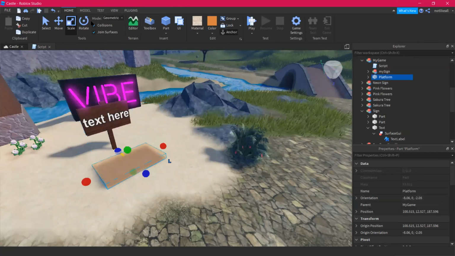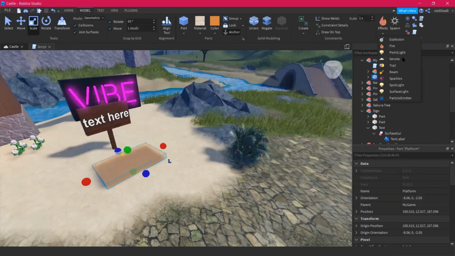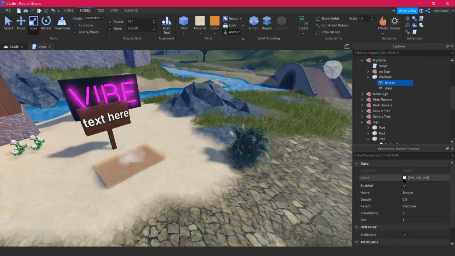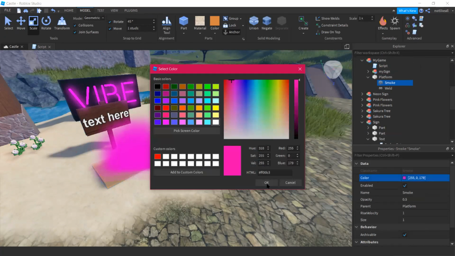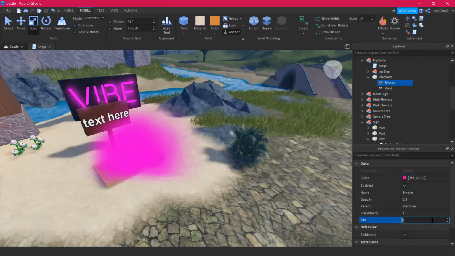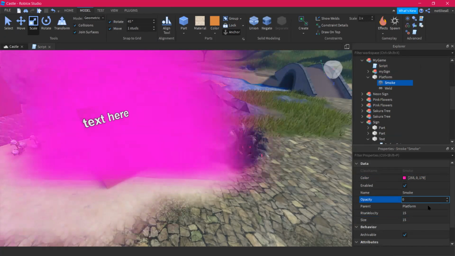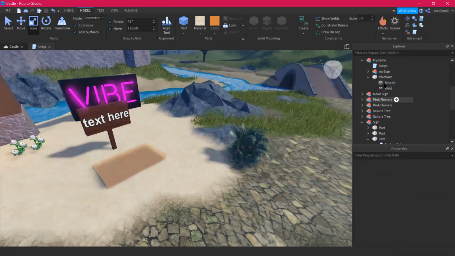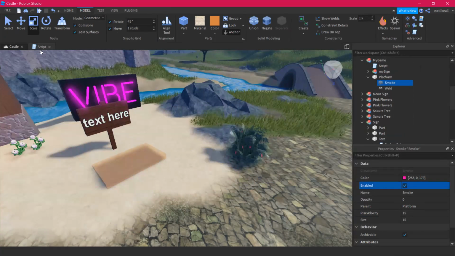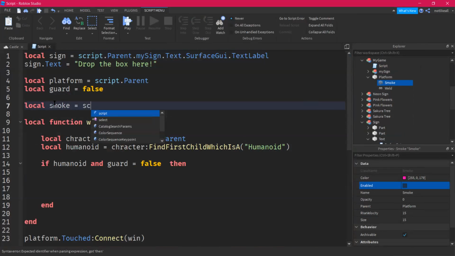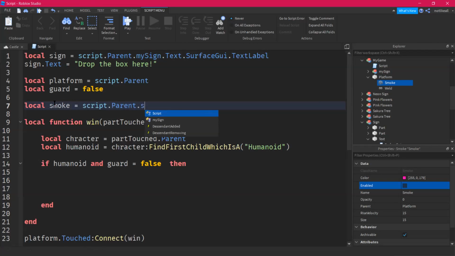So if you win the game, I will be having some smoke here, which will just come up like that, and we'll make that smoke pink. And let's increase the range to 15. I'll keep it 15 and rise velocity by 15. And opacity, I'll keep it 0. Okay, that's fine. But the smoke should not be enabled. So I'm going to create a smoke here that is local smoke, script.parent